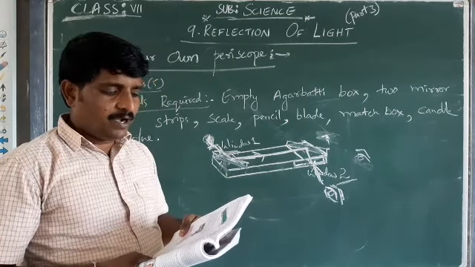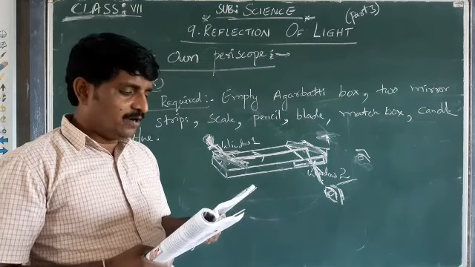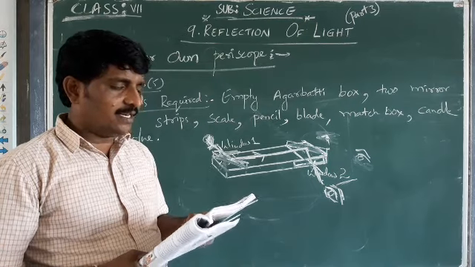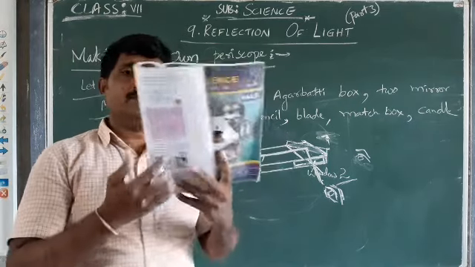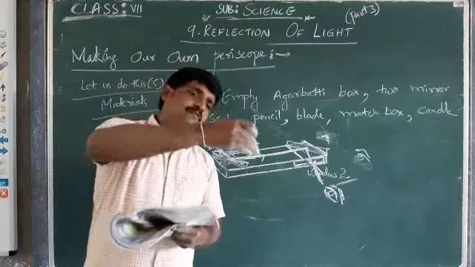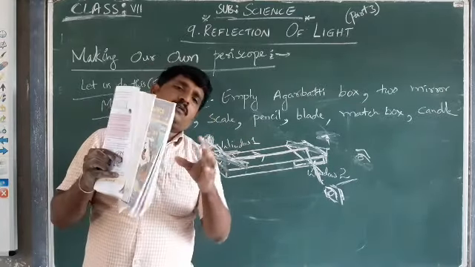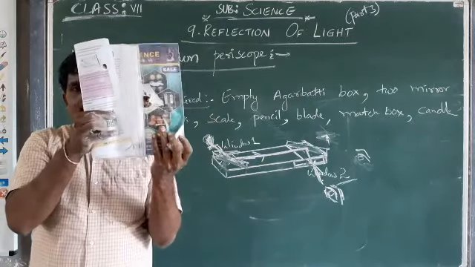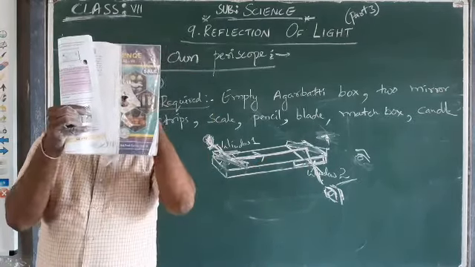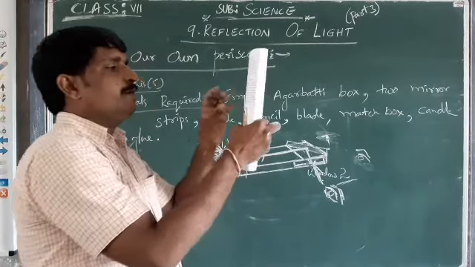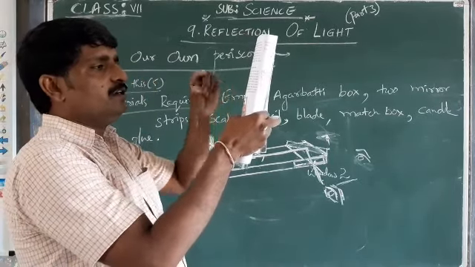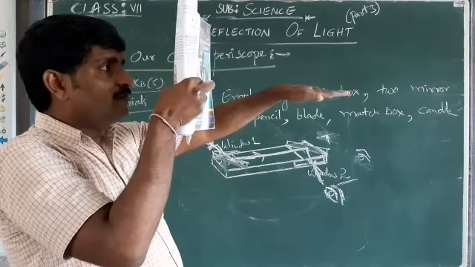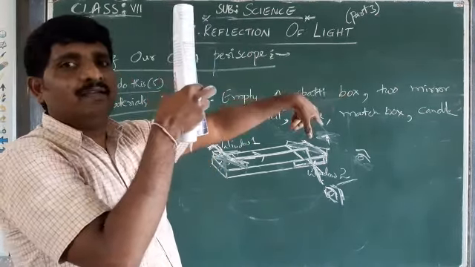If you are hiding behind a tree, you can easily see what is happening on the other side of the tree. Suppose I am standing at this point and I keep window 1 of the periscope facing that side, and my face is here at window 2. By facing window 1 to that side, I can see from window 2 what is happening on that side.